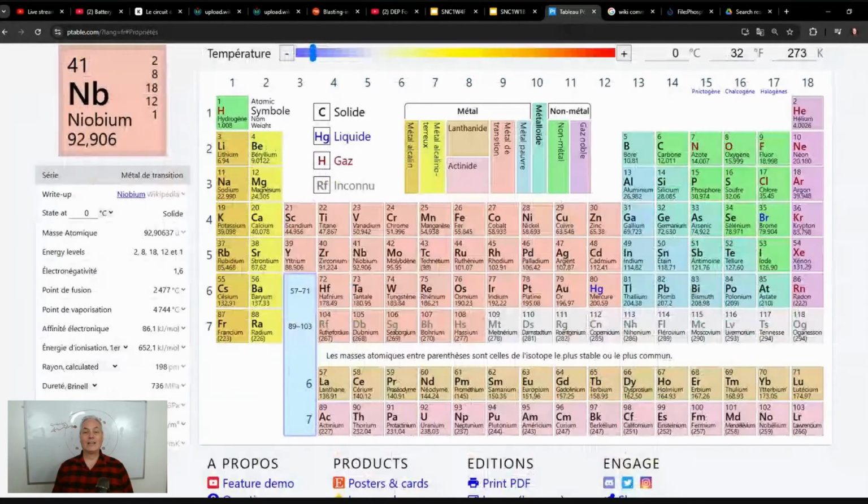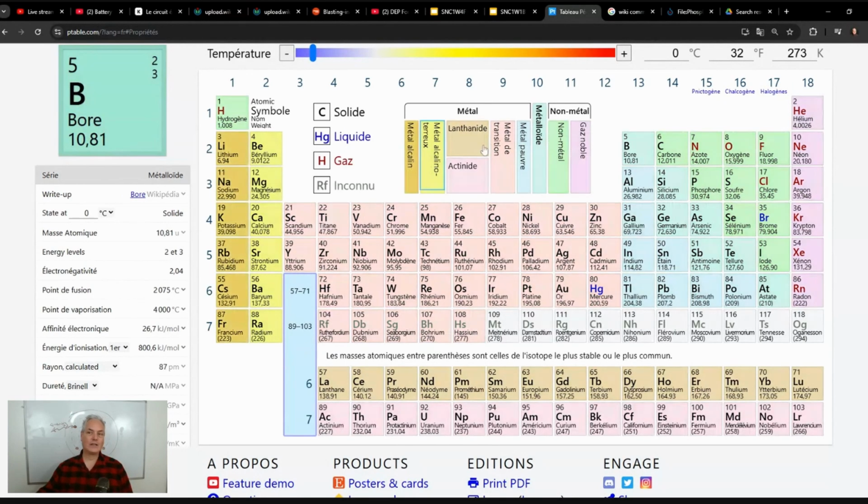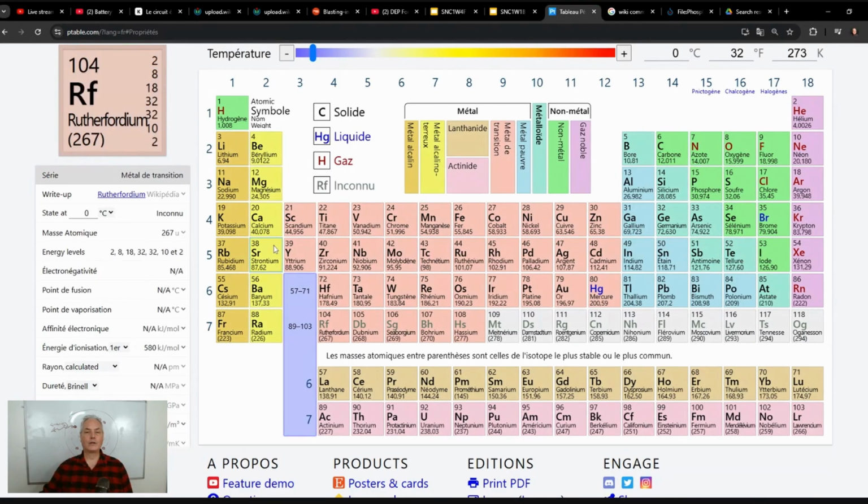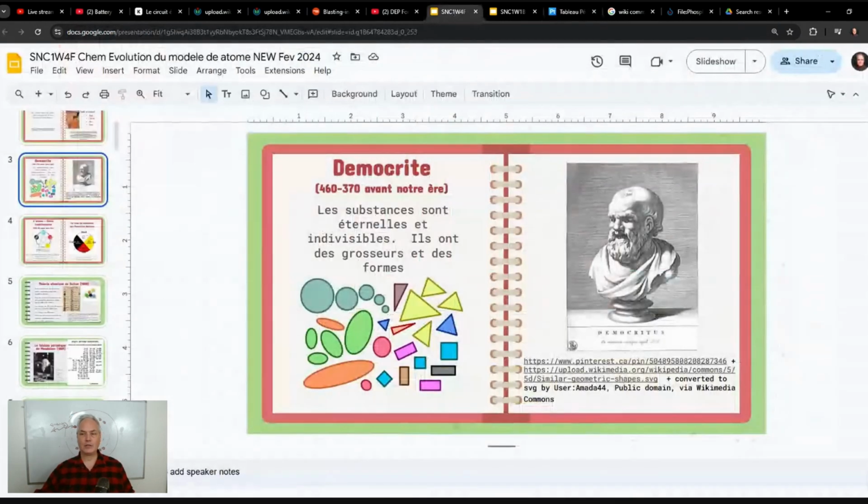You know that it is organized to help us know how many electrons are in each energy level. If you have any questions on that, put them in the comments below. We also have the way they organize the families, the groups of atoms. Mendeleev is a Russian scientist at the end of the 1800s who said, okay, given the information I know,